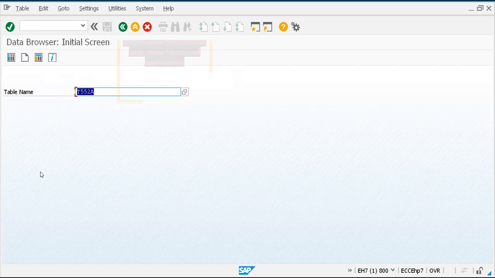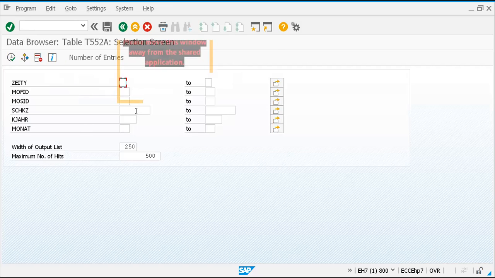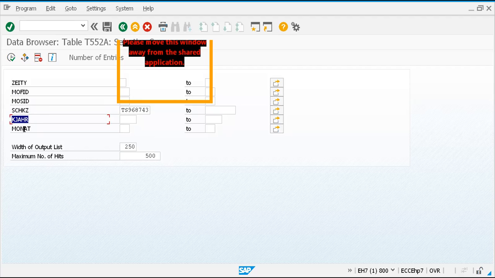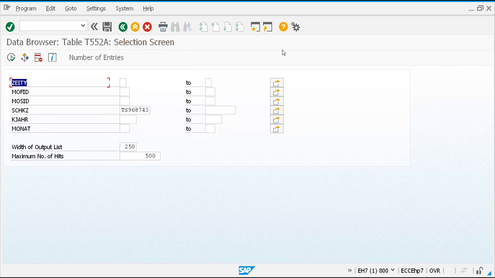In the screen, to change the text, for example, when I hit enter, I'm choosing here. I immediately put my work schedule rule because I know that this is work schedule. These are the technical field names. But if you have confusion about what these are, then what you can do is